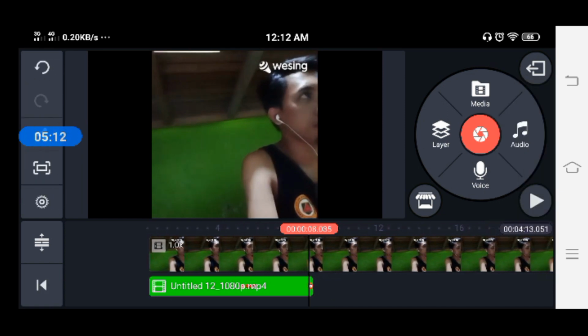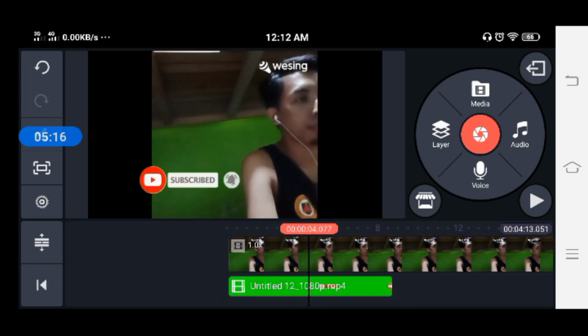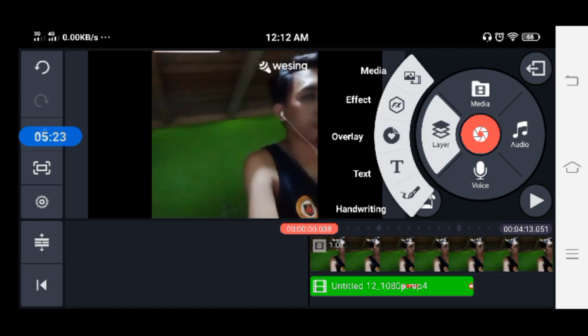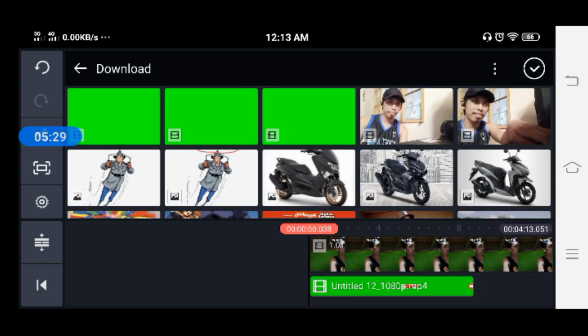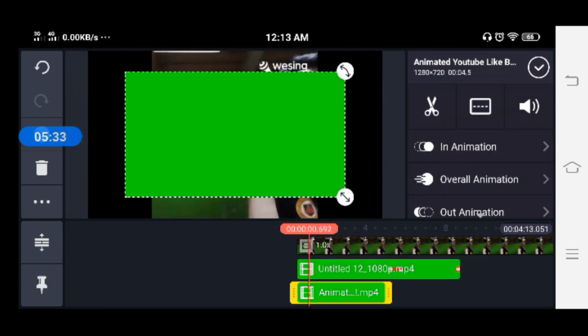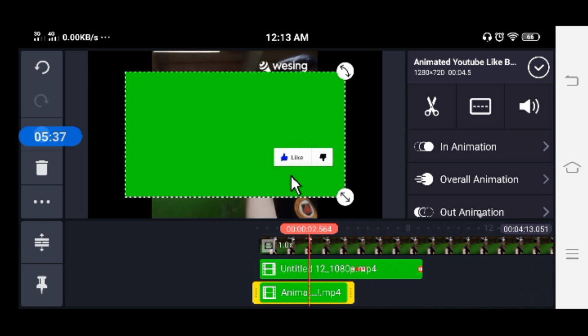Okay, next step is to add your like button. To do that, the same procedure, click layer, and then click media, and then locate the green screen video of your like button. I have it here. Let's see. Okay. So the same process,